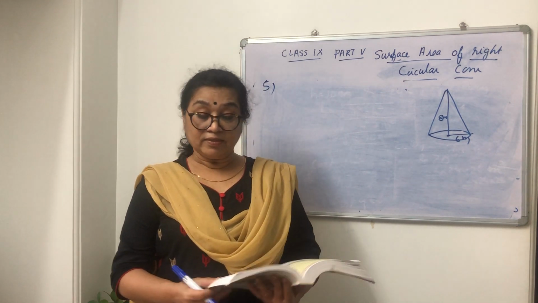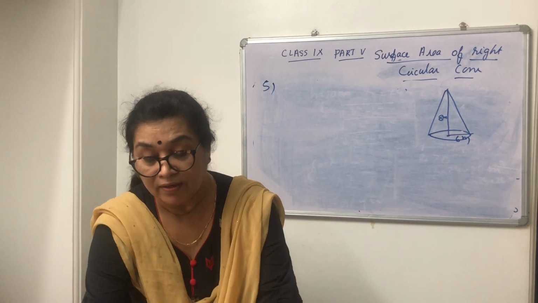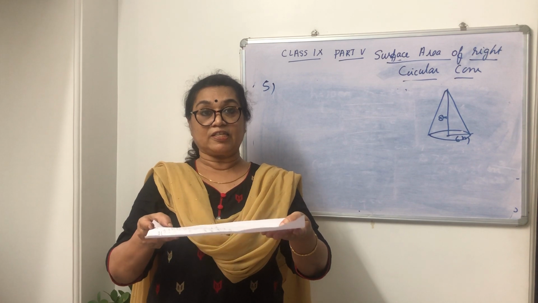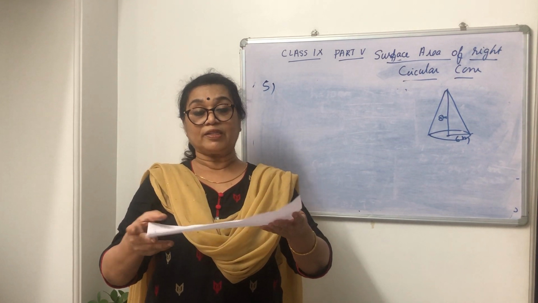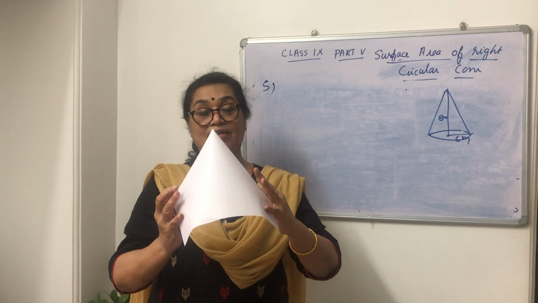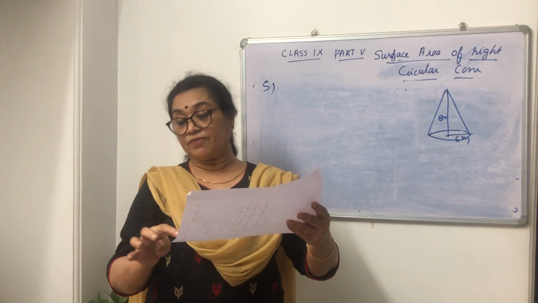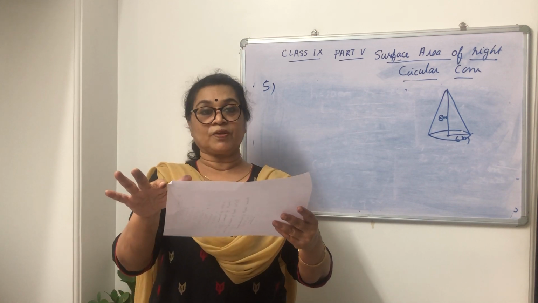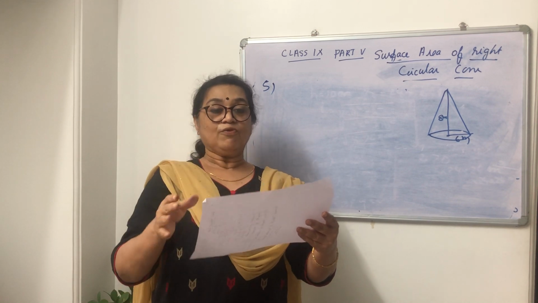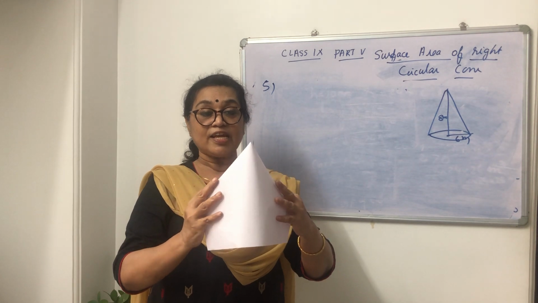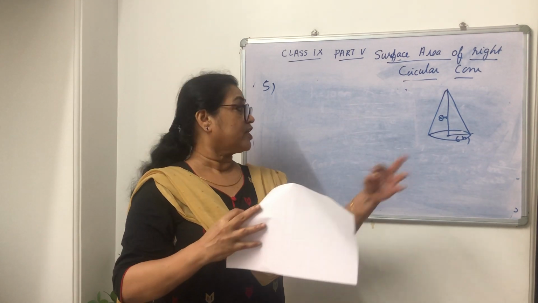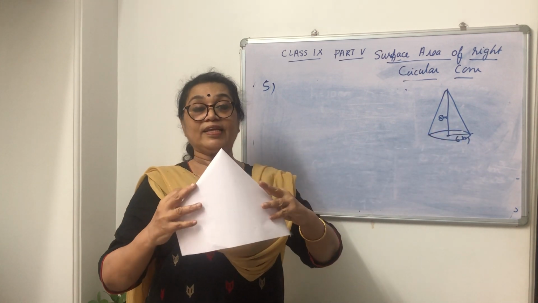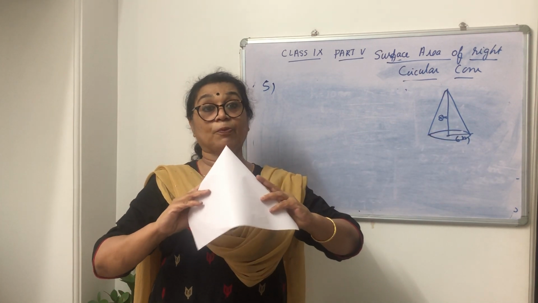They have given the tarpaulin. Suppose you consider this as a tarpaulin, this is used to make the conical tent like this. So here the width of the canvas is given. Width of the canvas is 3 meter. We don't know the length of the canvas, that we have to find out. First you have to find out the area. If you find out the curved surface area of this cone, you will get the area of the tarpaulin used.